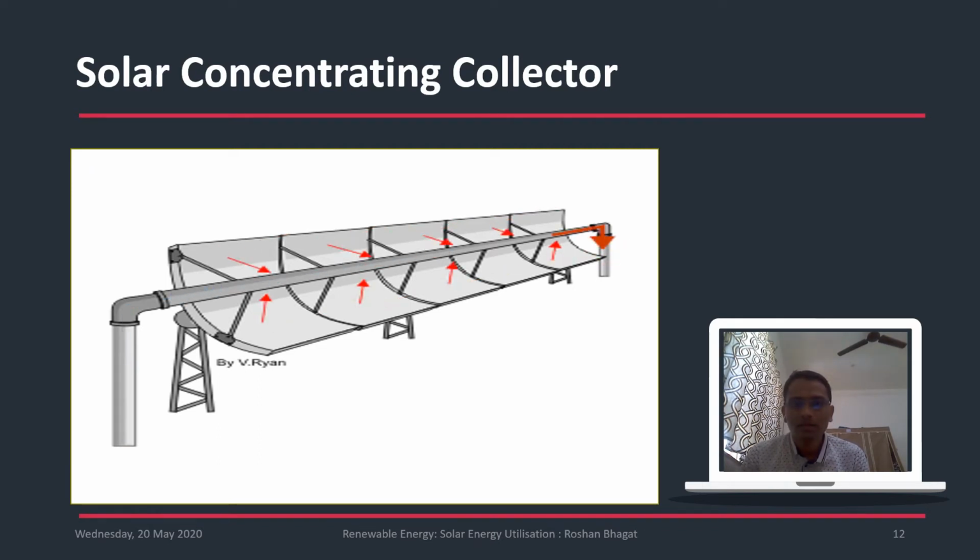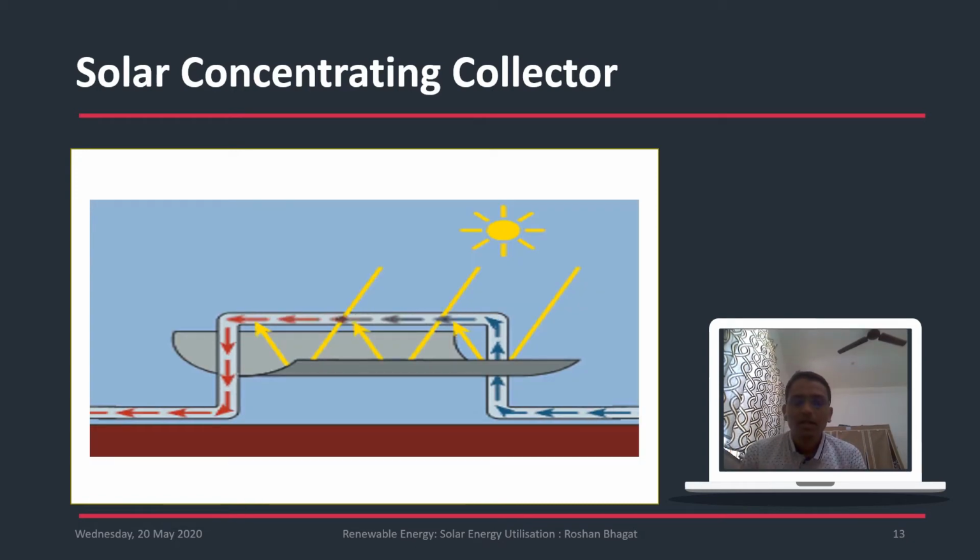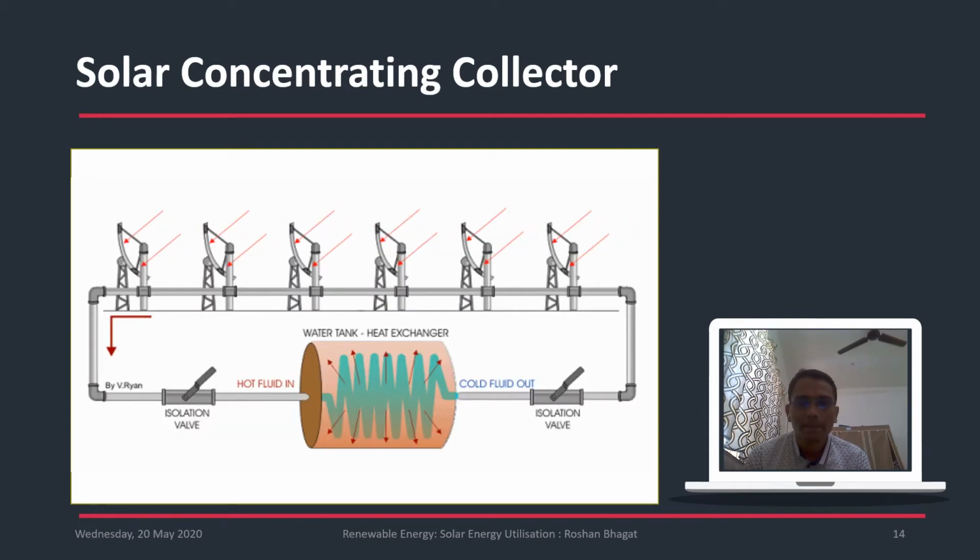So this is one arrangement of solar concentrating. Again, a similar thing: the solar radiation is reflected from the reflecting surfaces and absorbed through an absorber. This pipe is considered to be the absorber over here. You can observe a blue arrow coming in and a red arrow coming out, so hot fluid is coming out. One thing that has to be understood in the case of a concentrating collector is that you always require highly reflecting surfaces. A highly reflective coating has to be installed onto the reflector. This is one thing in terms of maintenance of a concentrating type of collector.